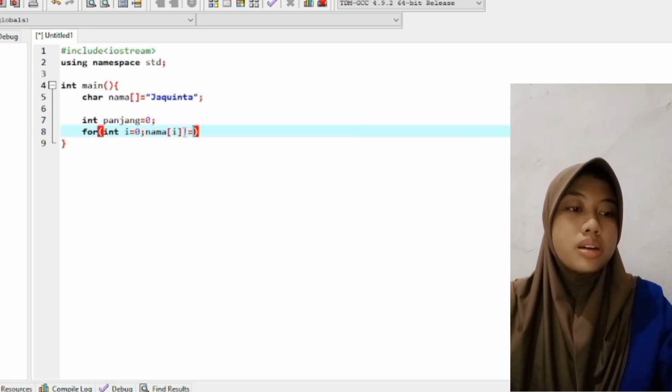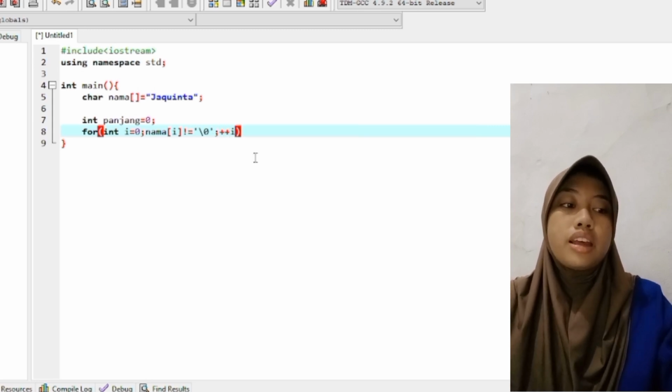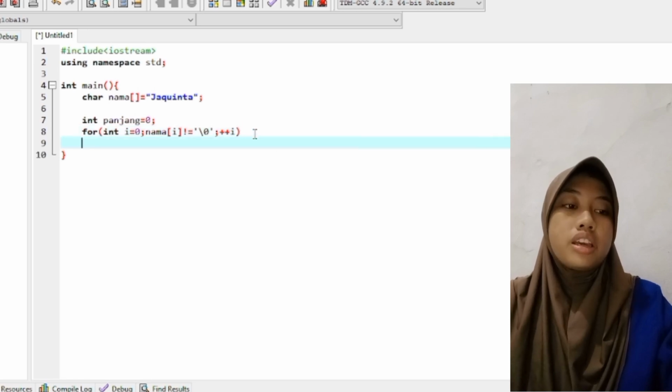And then int panjang, this line declares a variable named panjang with the data type integer and immediately gives it an initial value of 0. This variable will be used to calculate the length of a string.